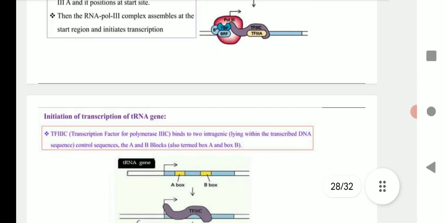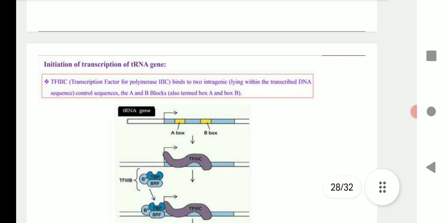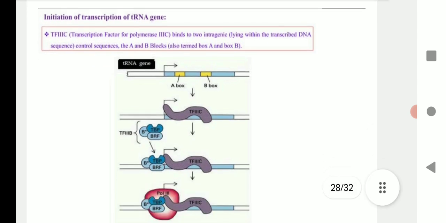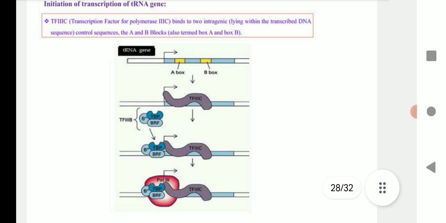polymerase III. Whereas in the initiation of the tRNA gene, the transcription factor TF3C binds to the intragenic position, that is lying within the transcribed region and the control sequences, that is A box and B box. The TF3C, after binding, attracts the RNA polymerase III and starts the process of transcription from the